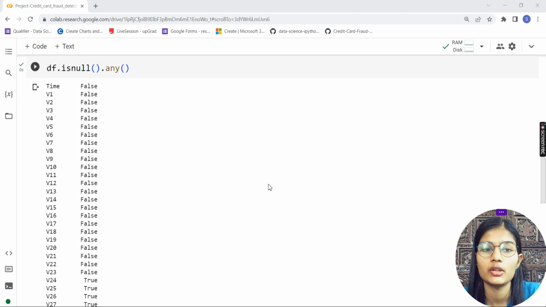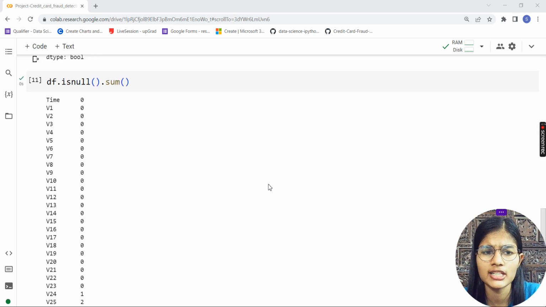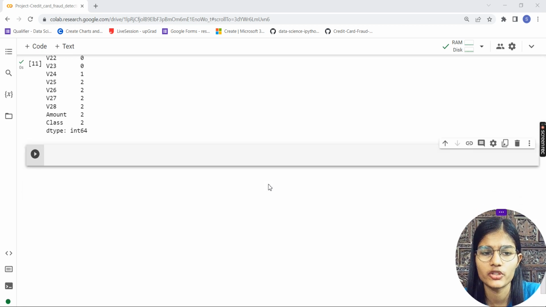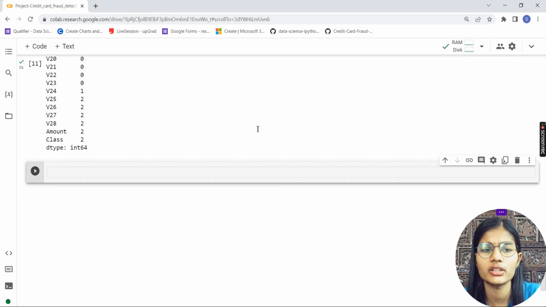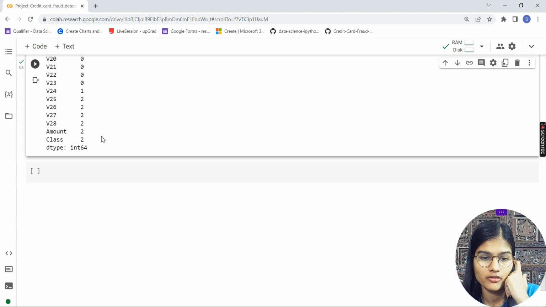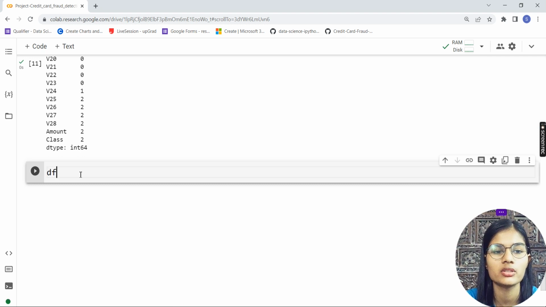Then we checked whether we have any null values, true or false, and we even checked what's the sum of the null values which we are having, right? So we just figured out that okay, down the line we are having a few null values. Now I even want to check some info, so I would just write